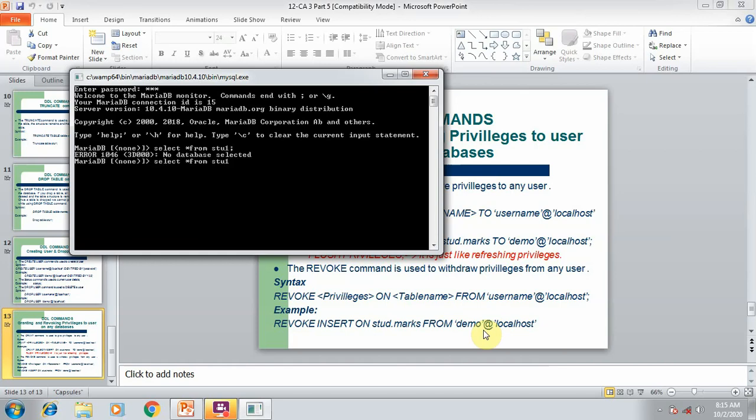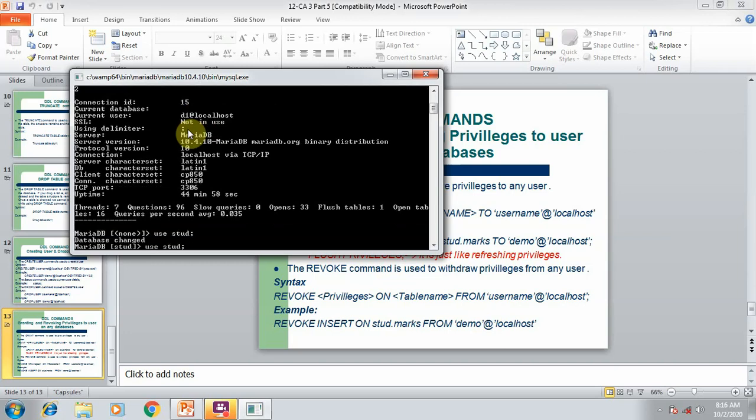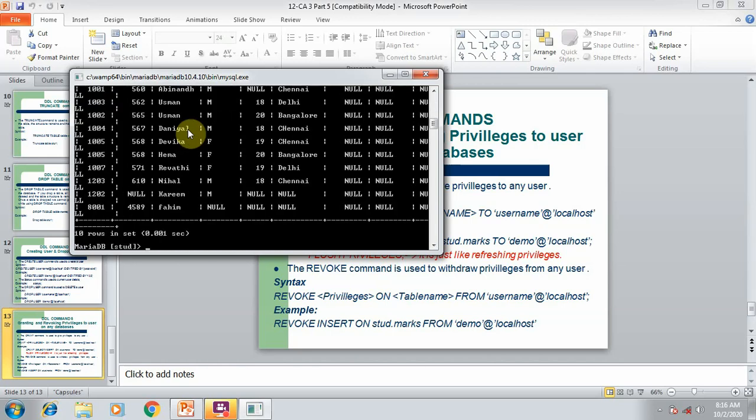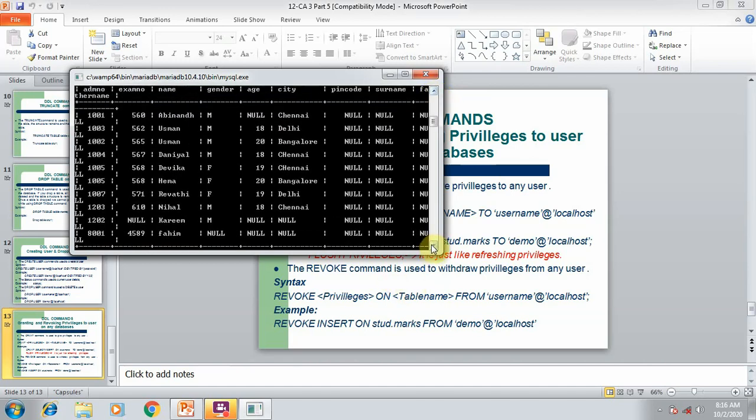So here you can execute this status command to check the username, that is we are in a D1 user. So use database student, which got permission. Now execute this command. So you can see we can execute the select command here,